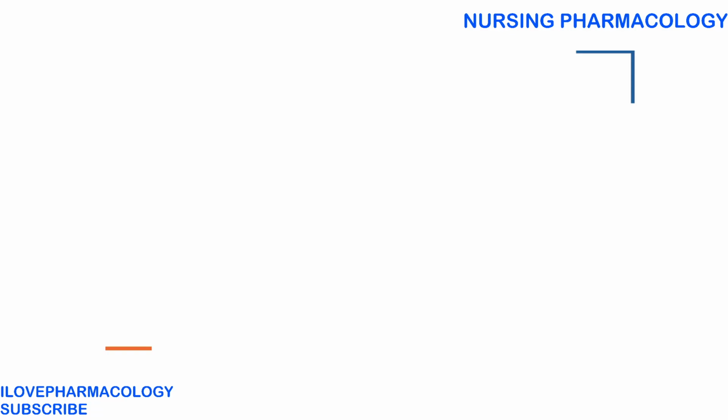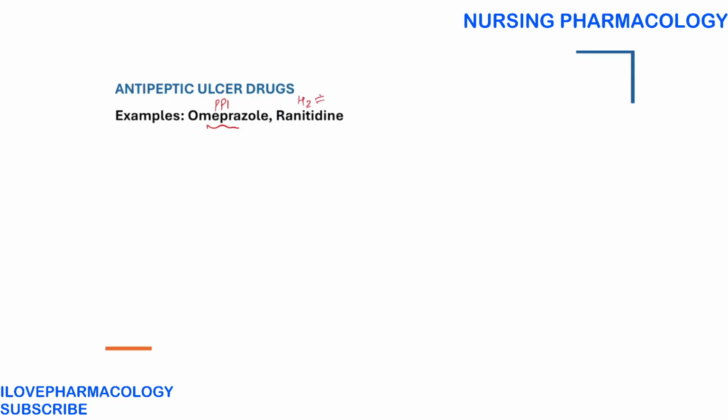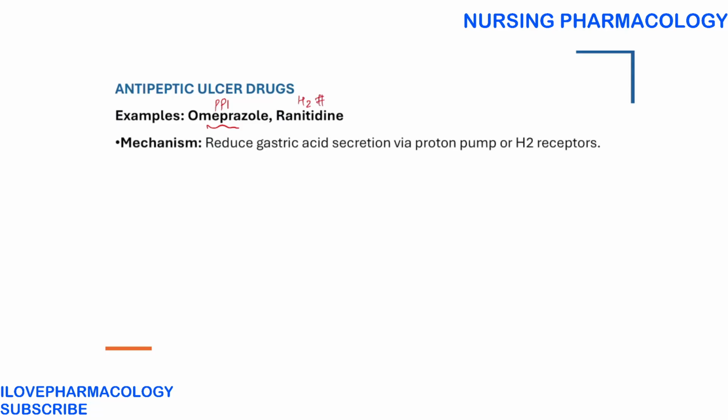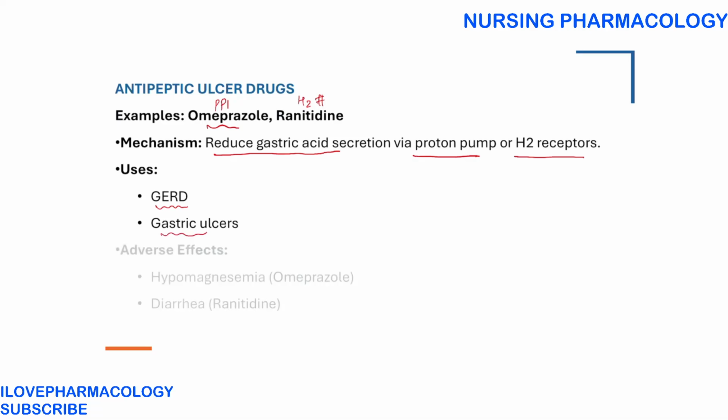And next we have antipeptic ulcer drugs. Here again we have omeprazole, which is a proton pump inhibitor, and this is the H2 blocker. The mechanism, basically, reduces gastric acid secretion by inhibiting the proton pump or by inhibiting the H2 receptors. It is used in gastroesophageal reflux disorder, as well as in gastric ulcer. That is the acidity, as you call it in general terms. So adverse effects will be